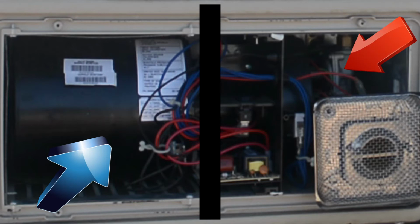What happens is, when you turn the furnace on, the fan will come on and spin up, usually 15 to 30 seconds depending on the board and the actual furnace. But that's designed for the furnace to blow air through the combustion chamber and, if there are any fumes or anything in there, blow them out before it actually ignites. And once that happens,